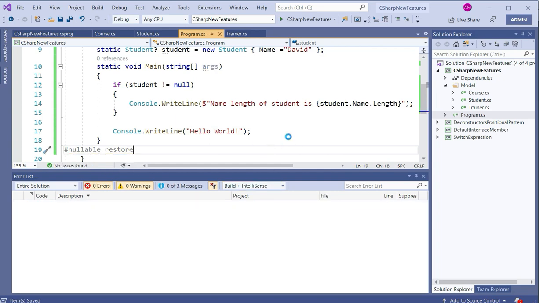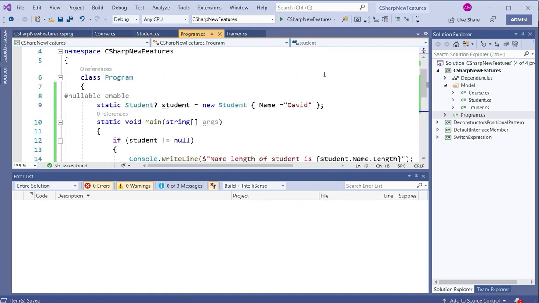Simple. That's it. So it can be applied to a specific area of our application. And if we have got a big application, we can apply it one by one to each and every class.